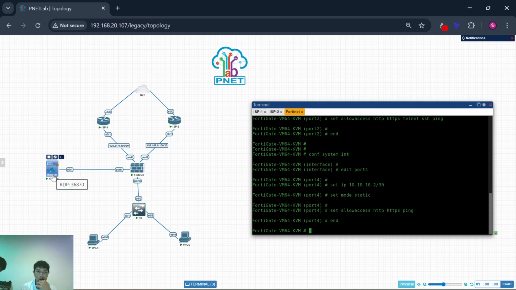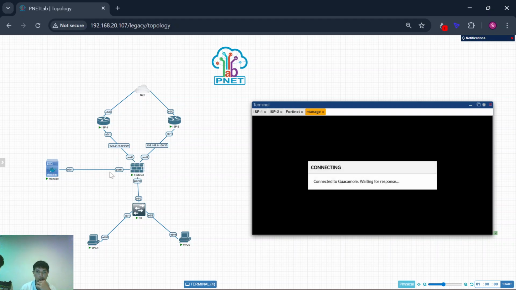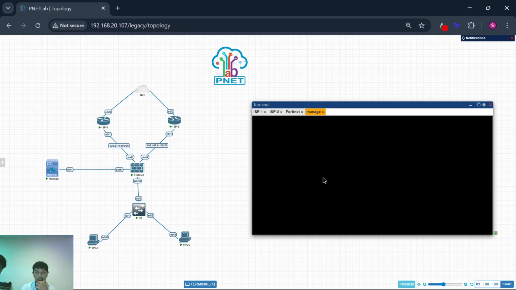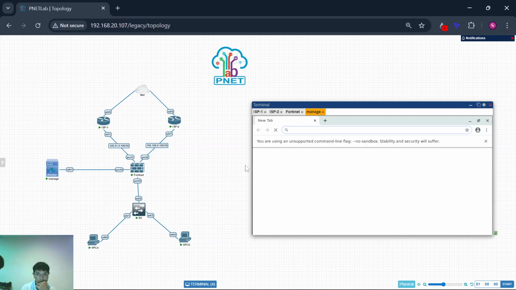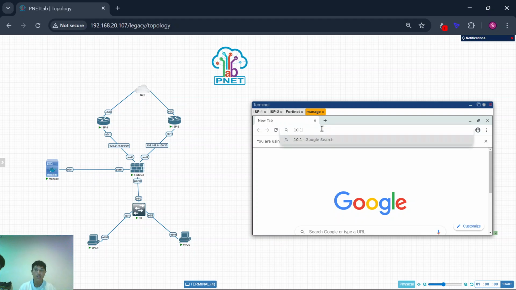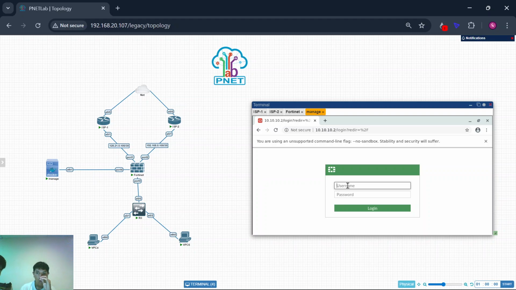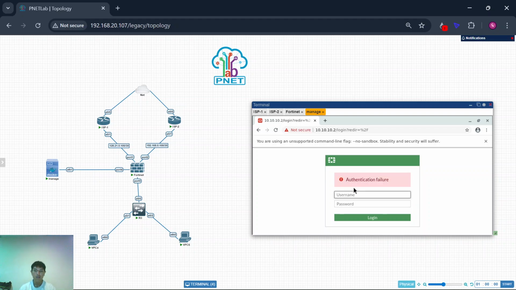And now I can access this FortiGate device from this Docker via web config, like this one. So inside Google, you write this IP 10.10.10.2. This is the IP from port 4. And now you go to the Fortinet web browser, not web config, and this is username admin, password 123.